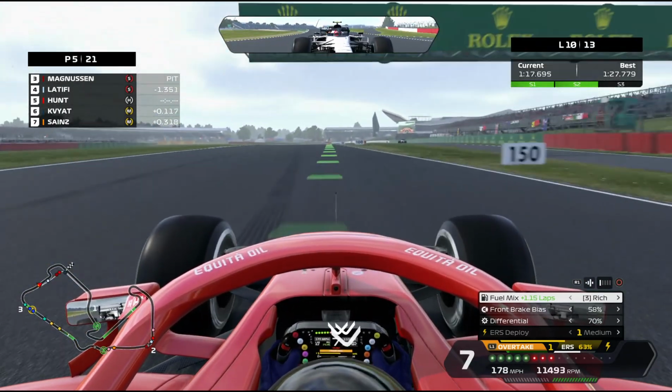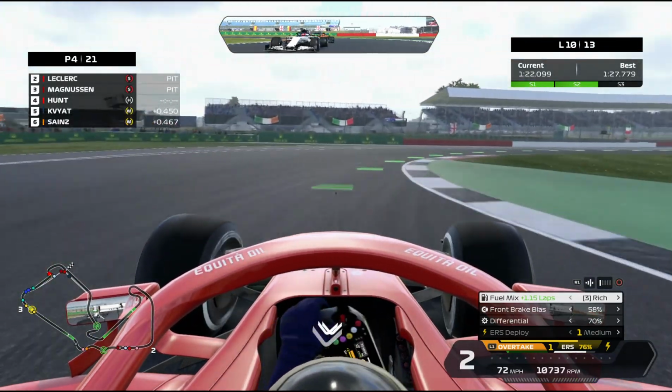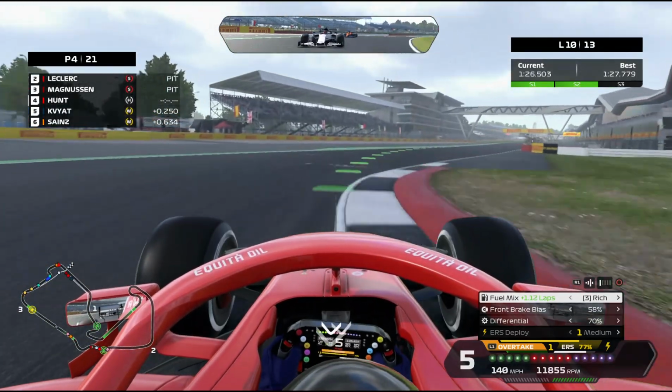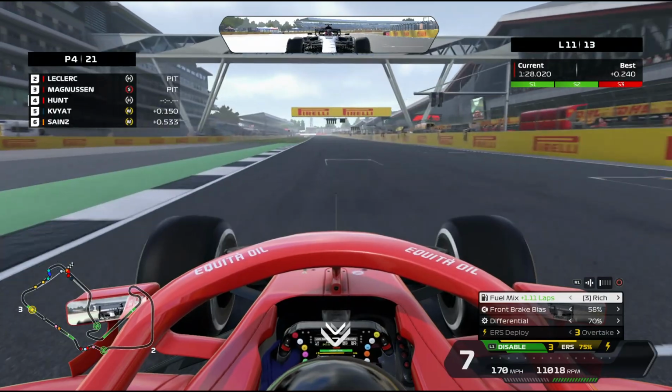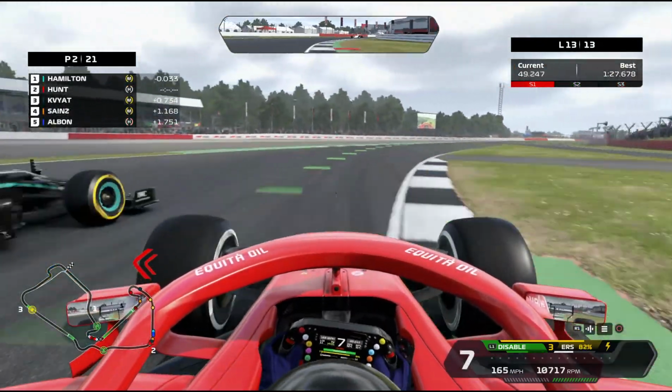But I think, yes, some more cars have come in. These are some very, very late stops, of course, because we had the safety car come out earlier. So, yes, we got some more cars in. That means... Wait a minute. Is the Huntsman going to get into the lead? Oh my god, yes he does. The Huntsman goes into the lead on lap...